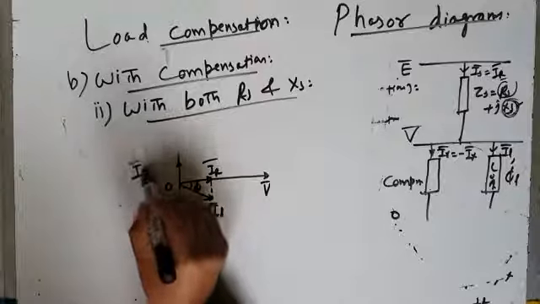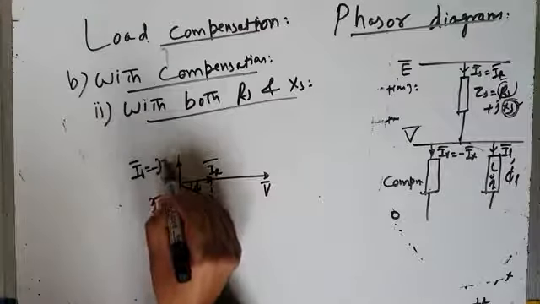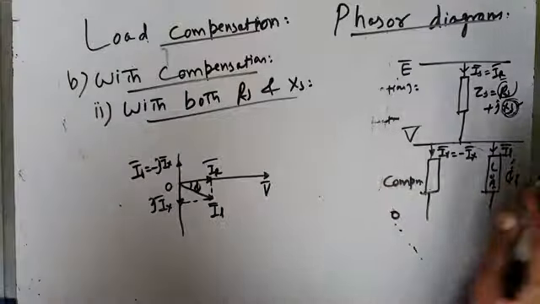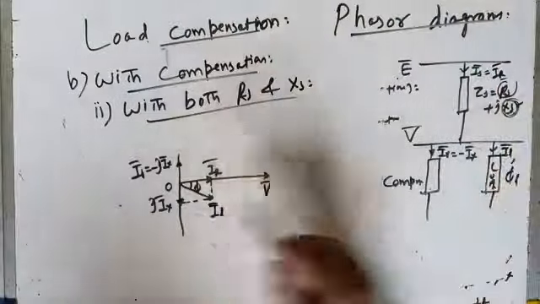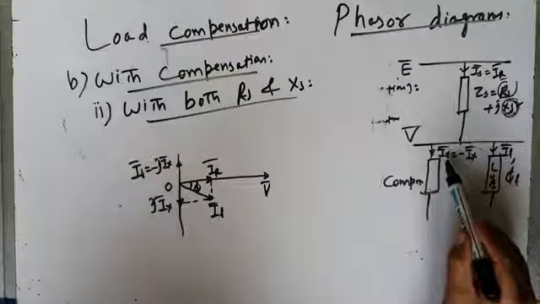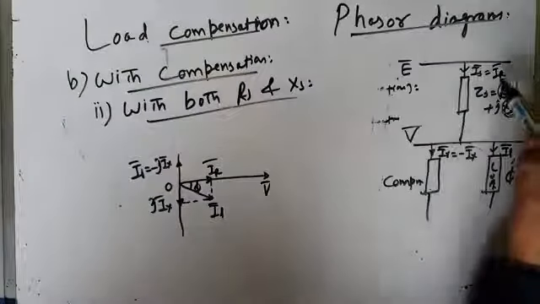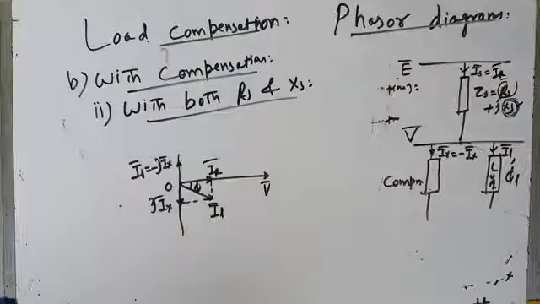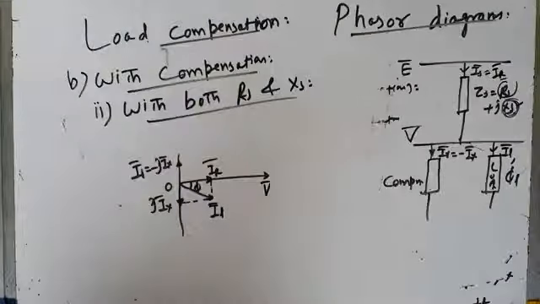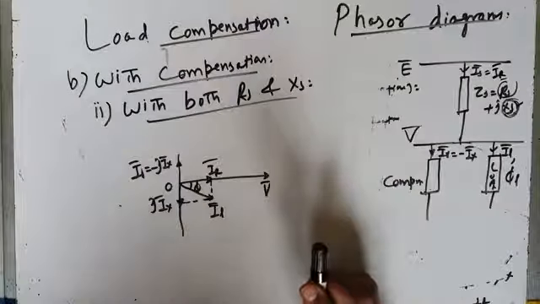I gamma is equal to minus JIX. All the reactive component of current or reactive power which is required by the load, that does not come from the source, that comes from the compensator. So therefore compensator I gamma is equal to minus Ix. So source से खाली IR आ रही है. But source resistance we are not neglecting now.